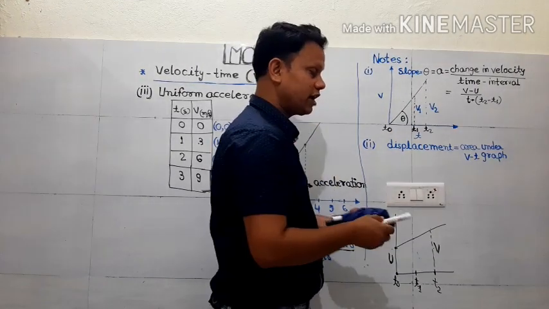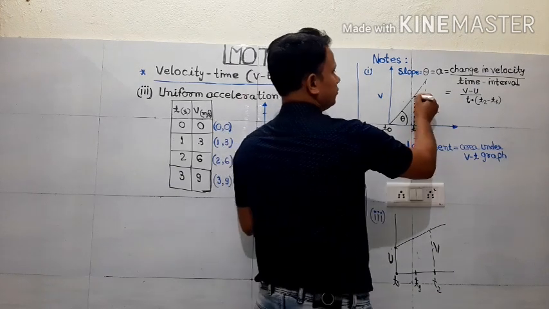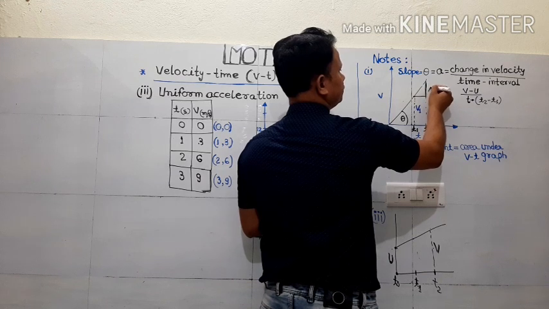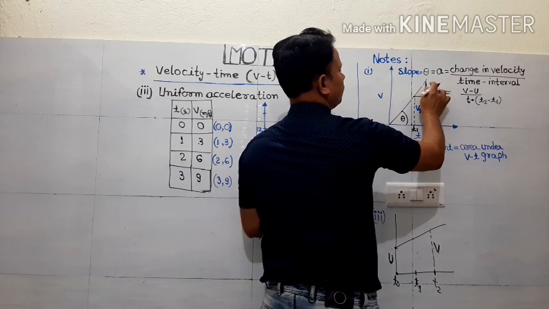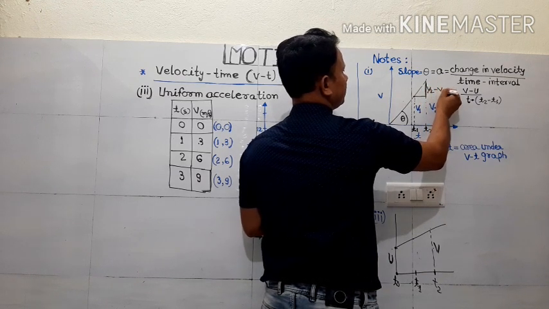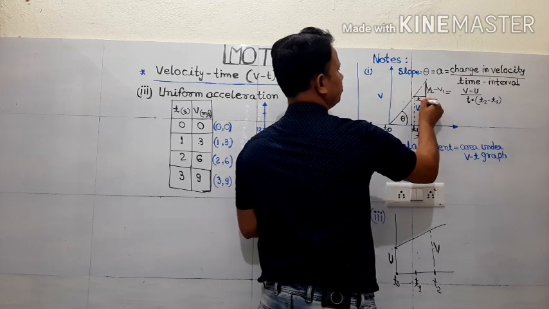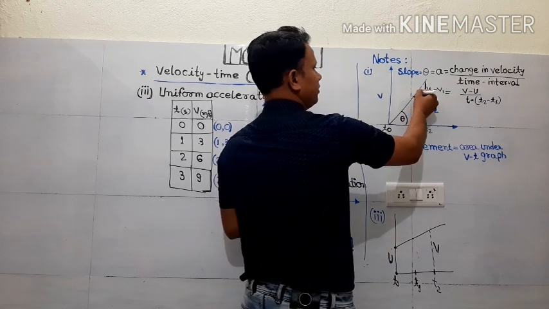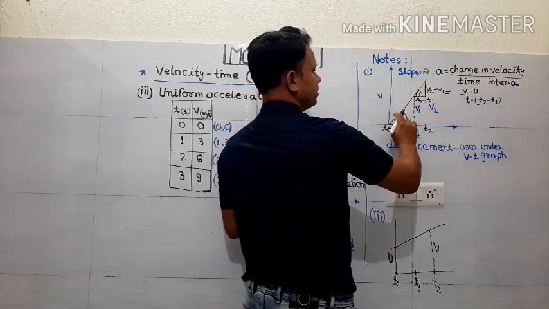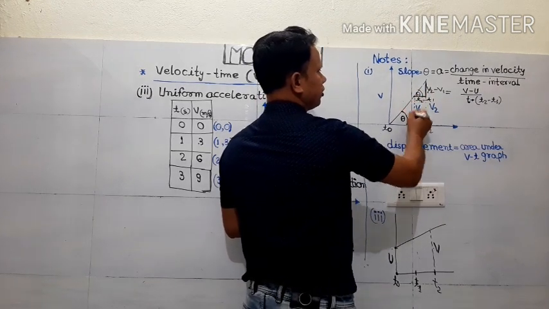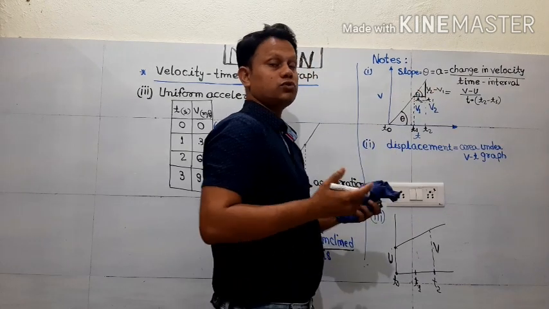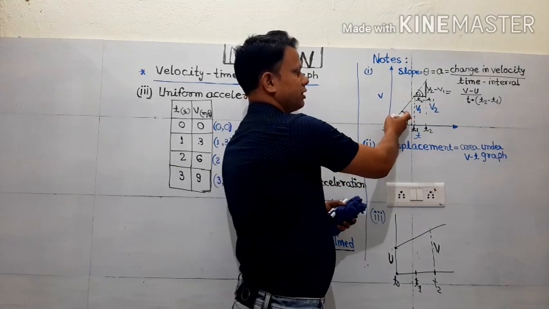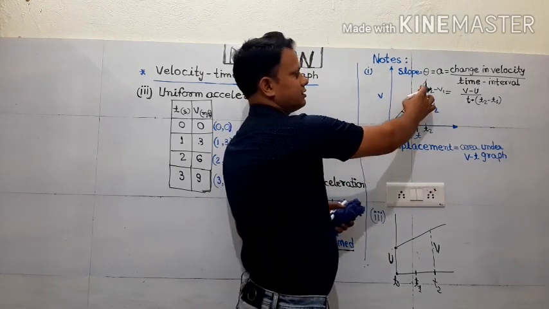So how can we show graphically? For that, this length is showing v2 minus v1, and this length is showing t2 minus t1. So this by this, and again according to mathematical notation, these are parallel lines and these are corresponding angles. So corresponding angles never change, they are always the same. So here whatever value of theta you are getting this side, the same value you will get here.